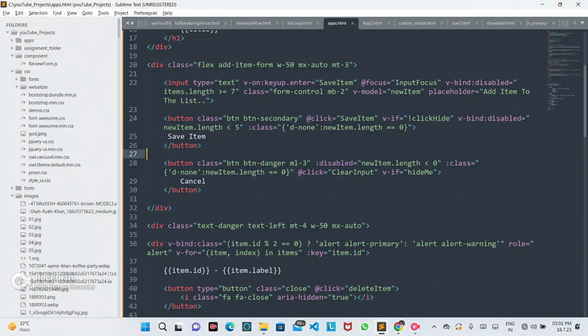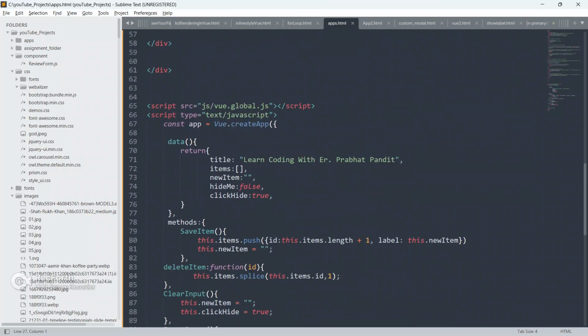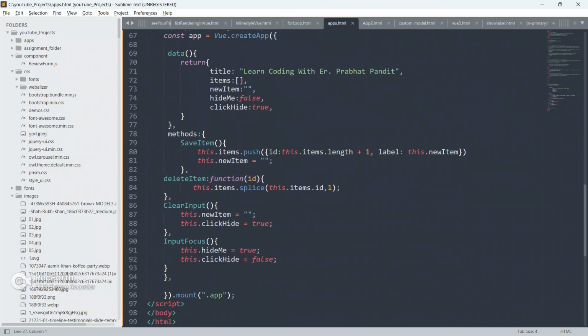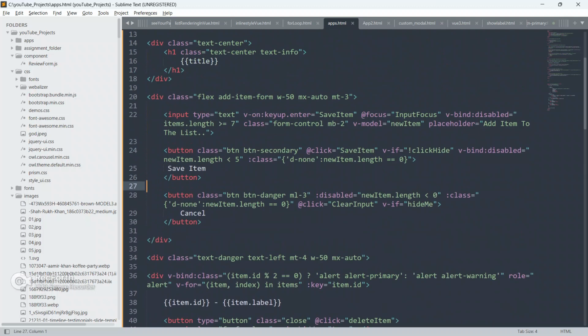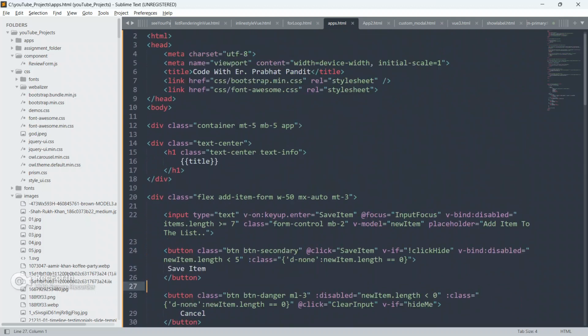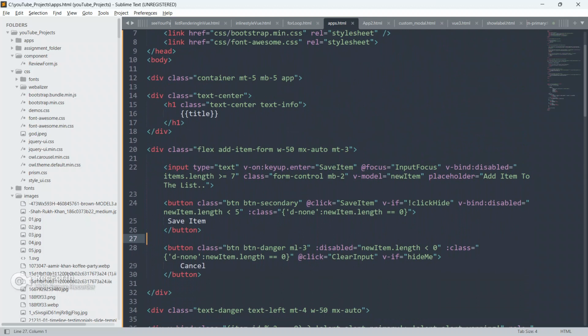Okay, so as you can see, guys, this application involves a lot of inline conditions and a lot of methods and objects. I'm sure you will be a little confused understanding this.